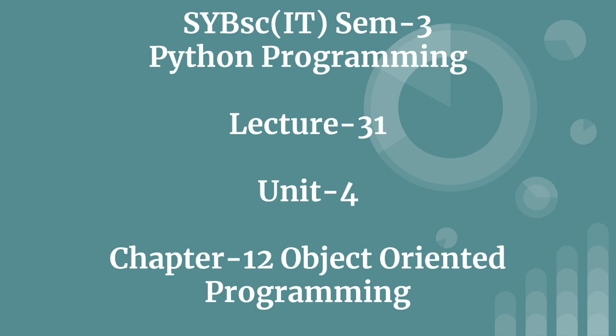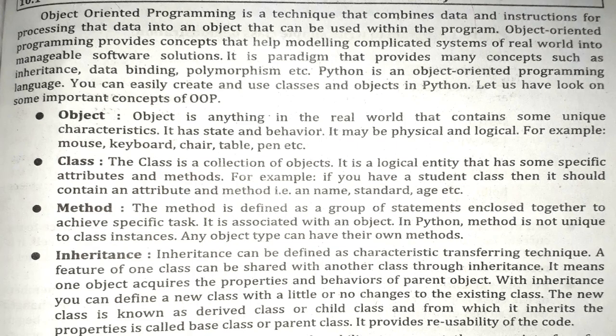The same topic we are going to have in Python also. That is, Python is again an object oriented programming language. So Python again has the concept of objects, classes and all. Whenever we start learning object oriented programming, there are some terms which we should know. The first term related to object oriented programming is object.